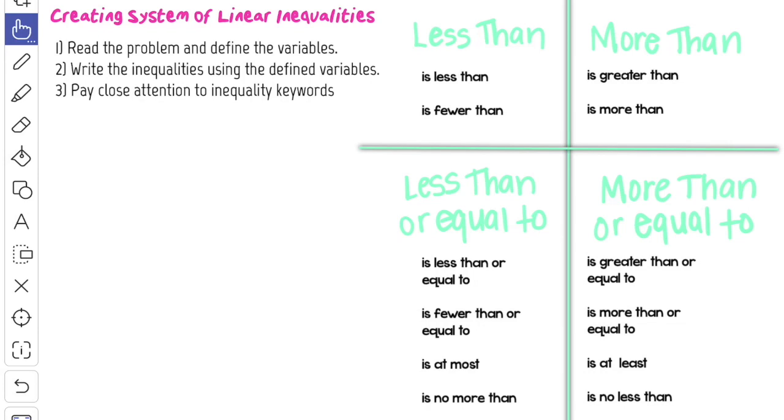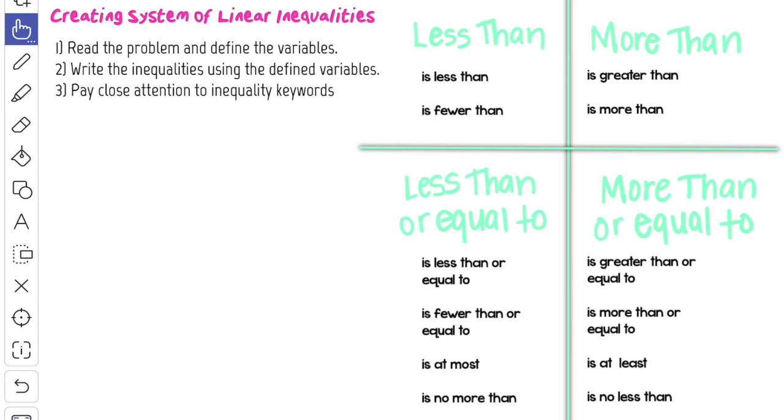Hey everyone, today we're going to be writing systems of linear inequalities. We're going to be doing this through word problems, and we're going to talk about some key phrases that will represent those inequality symbols. So just like I said previously,